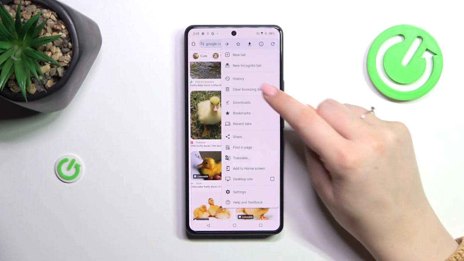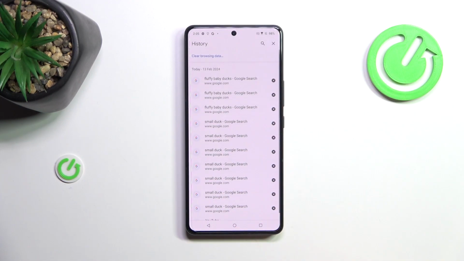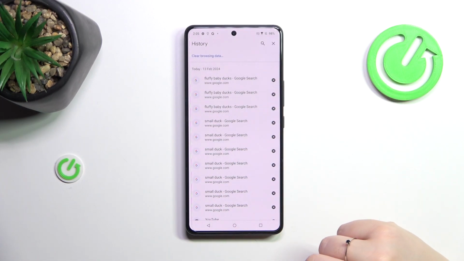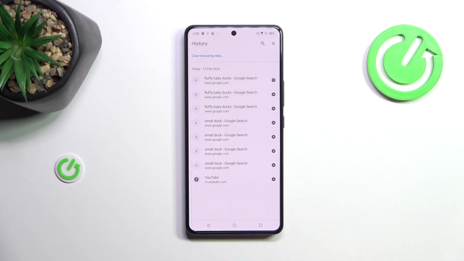So 3-dot icon and tap on the history instead of clear browsing data. And as you can see there, we've got the list of all previously visited websites, and if you want to you can remove them one by one manually, for example like that. But let's be honest, if in your case this list is really long, then I highly recommend to tap on